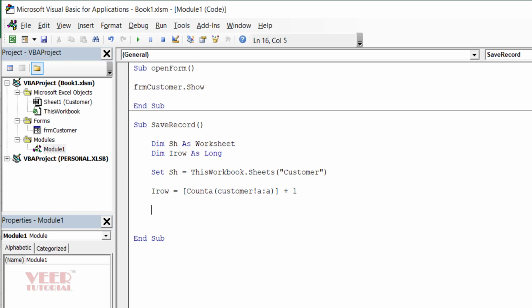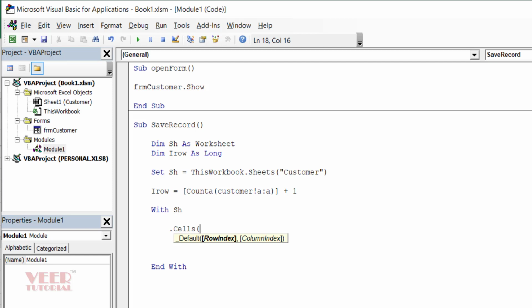So now we will attach our data. So we will use with sh, and we will close it with end with, so that now I will use cells, type the cells, and here first I need to define the row index.